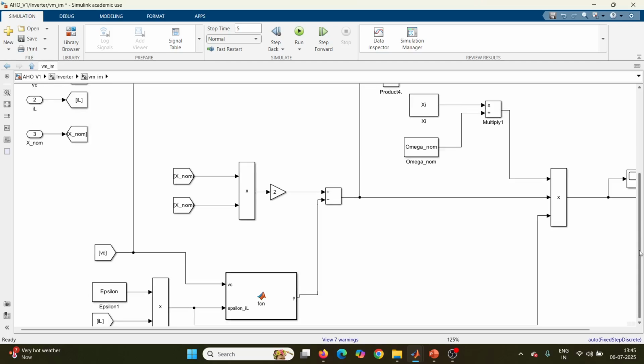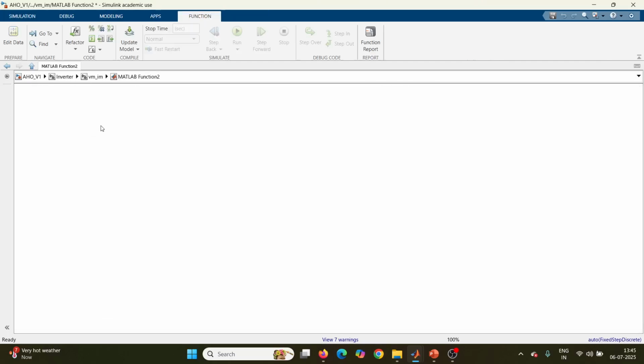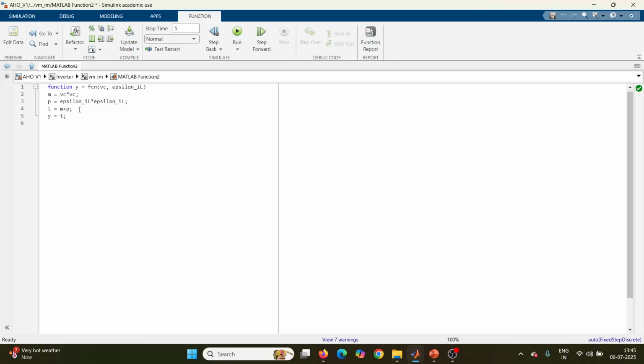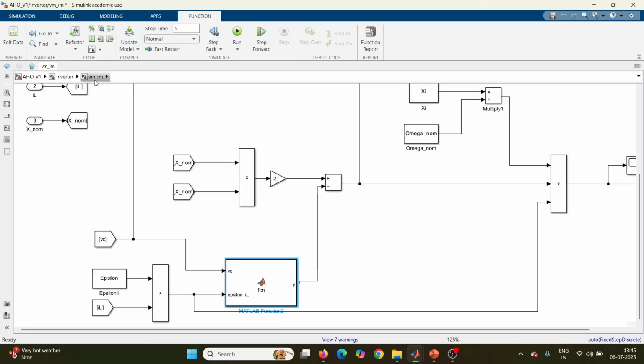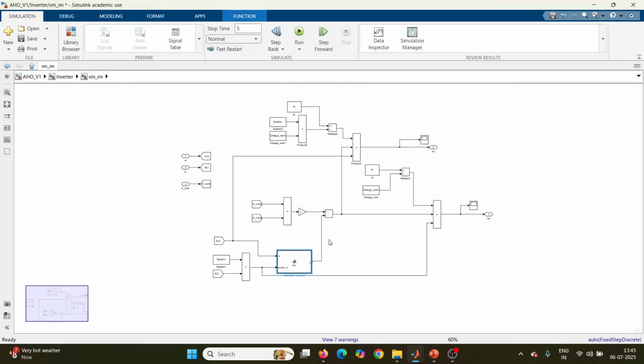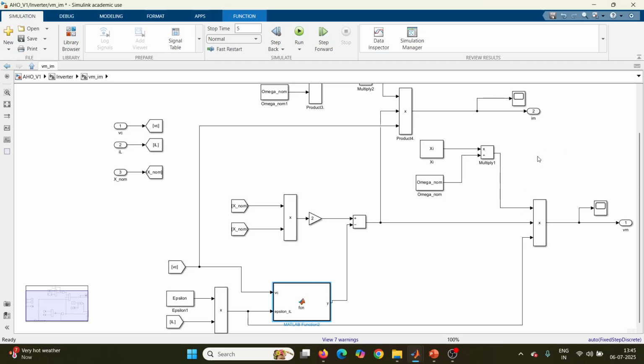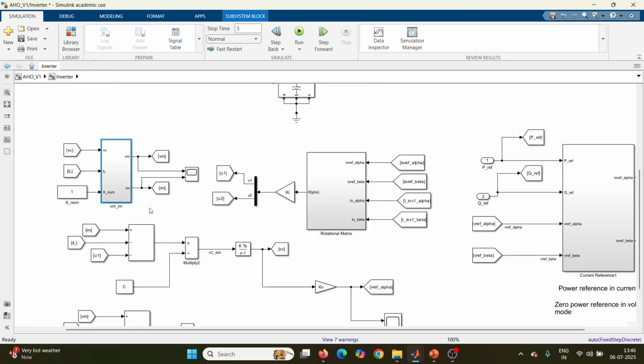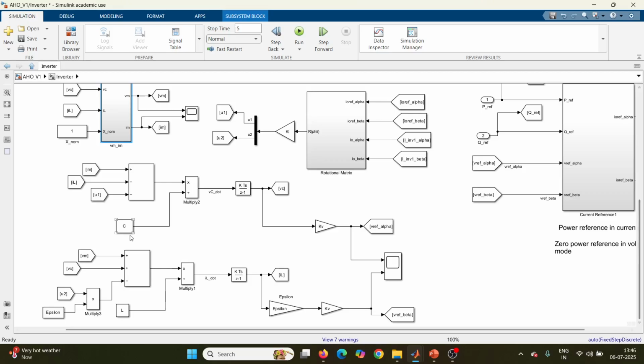So inside this MATLAB function, I have written down this VC square plus epsilon naught IL square. That is nothing but the states for this virtual oscillator control. So we require these things to get the Vm and Im, that is, state dependent voltage and current sources. Now after getting the state voltage Vm and Im, we can apply this